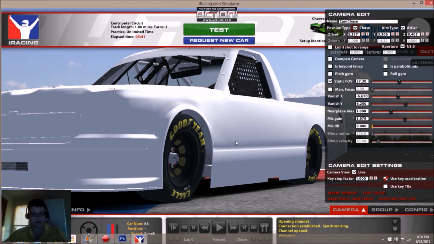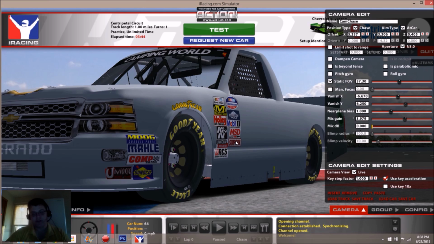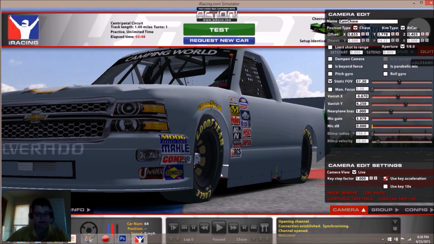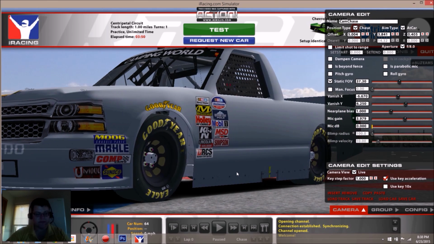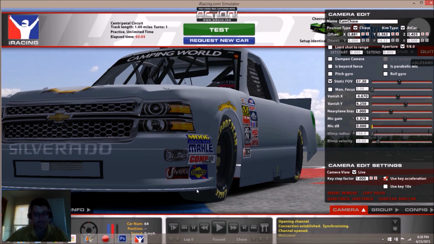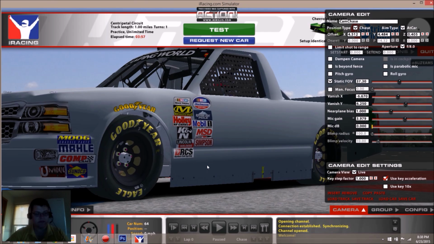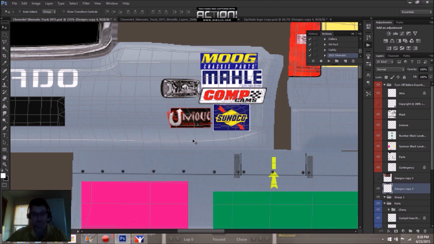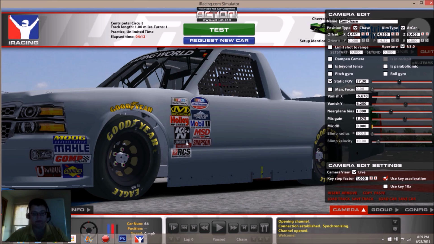Go back in your sim, hit Control R to refresh, and looky there. There is my logo. As you can see, it looks a little funky, and I believe that is because of the contour of the truck, and it looks just a bit too large as well. And I want it to look like it belongs there, so we'll make it a tiny bit smaller, and I'm going to move it down just to see if I can get it out of that bendy zone.